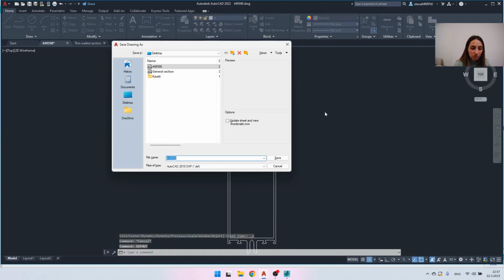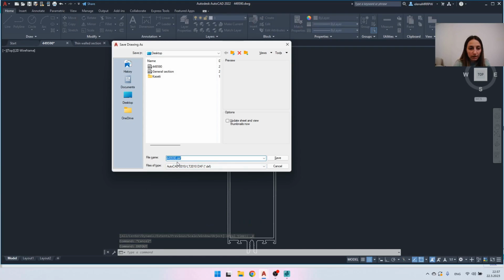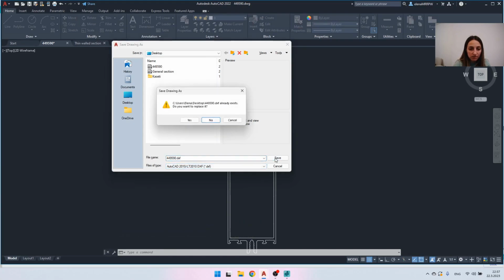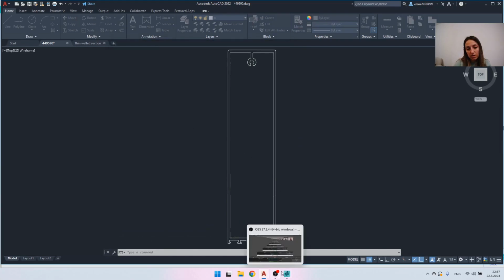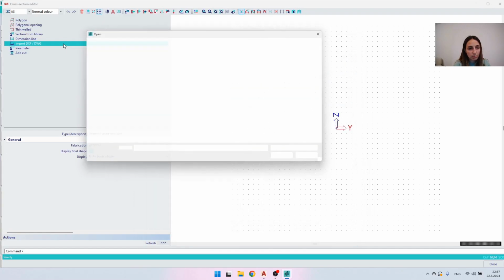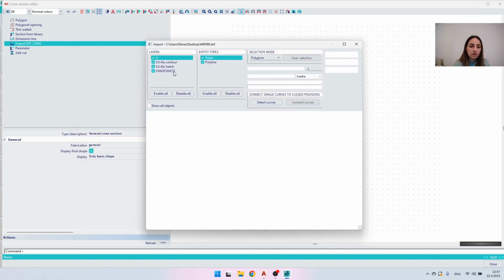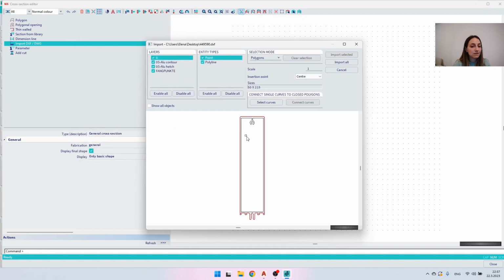DXF out, create the DXF file. I will save it under version of 2010. Save it, yes, save. Then I will go back to the SCIA. I will close this, import. Then I will use the DXF file. Let's click on this, and you can see that now I can